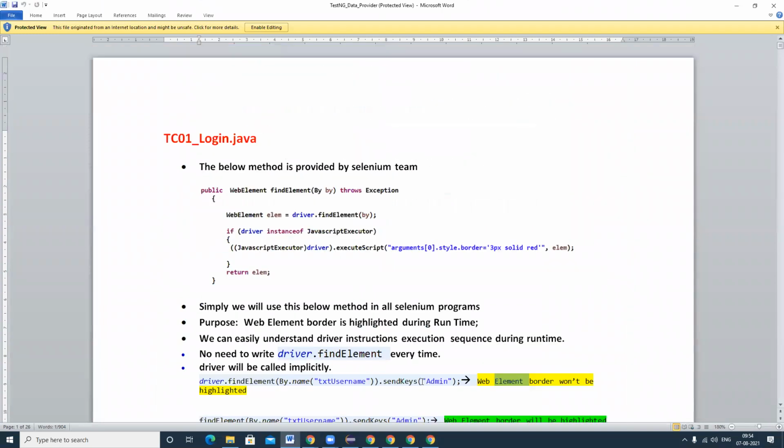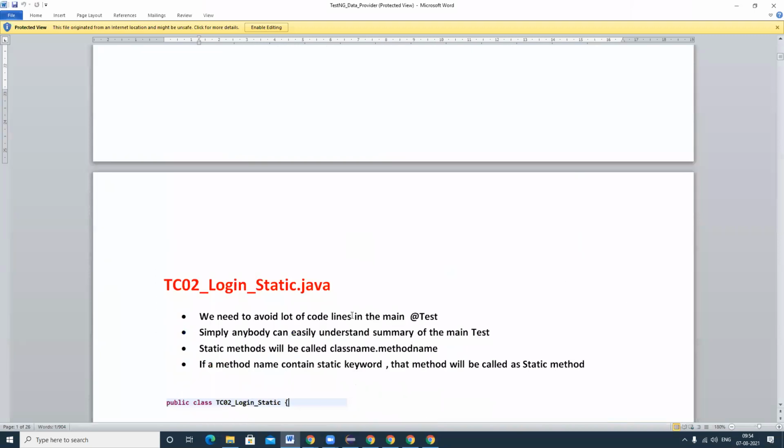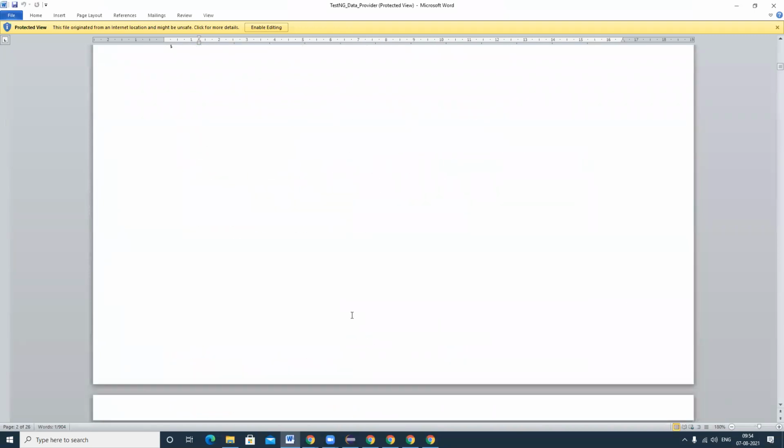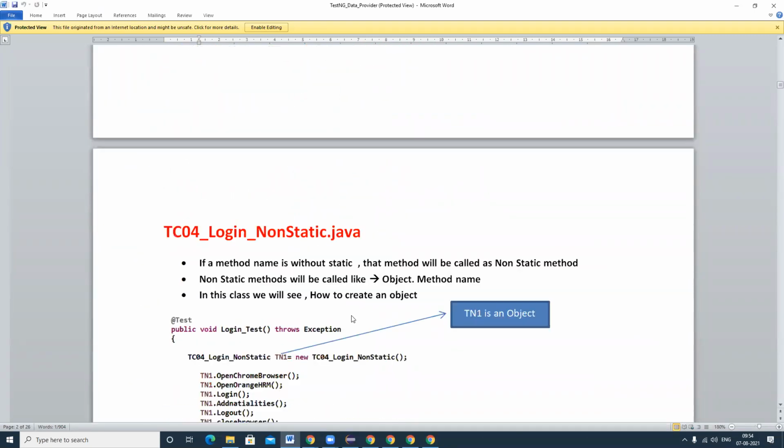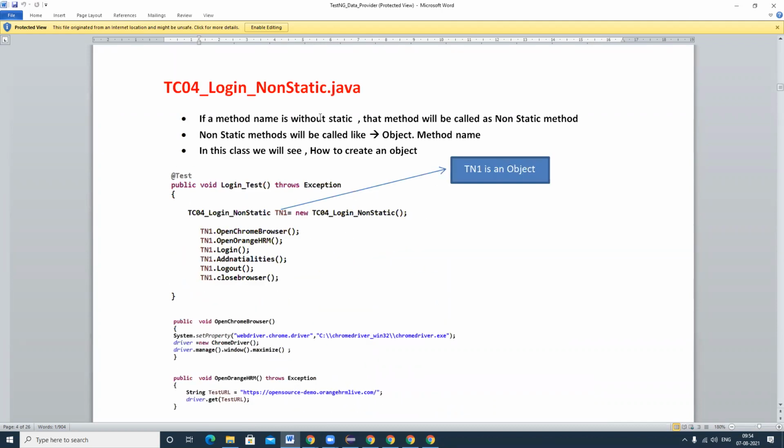From highlighting of the web element border onwards, I have given all the running notes. Just now I told you about non-static methods. If a method name is without static, that method is called a non-static method. Non-static methods are called as object.method name.